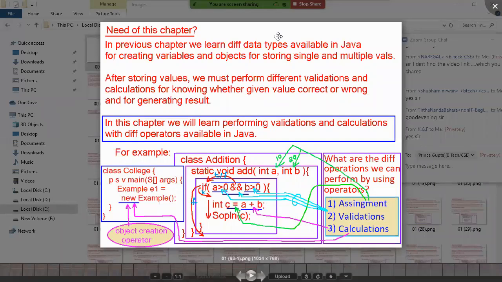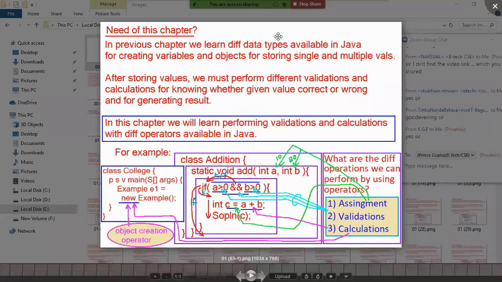Now the tea. Okay, you want a tea packet. So you are searching for where the tea packet counter is. If you don't know, you call a helper there, asking, "Babu, where is the tea packet counter?" Then you go to the tea packet counter, looking at what your mother has written: 250 grams. Where is the 250 grams packet? You find it, take it and place it in the trolley. If the 250 grams tea packet is not found, then you call the helper and take help from that boy or girl, asking where the 250 grams tea packet is. Then the helper helps you and gives it to you.